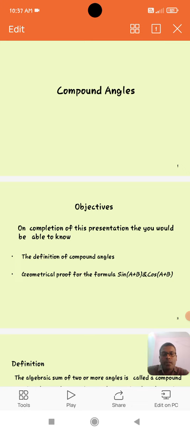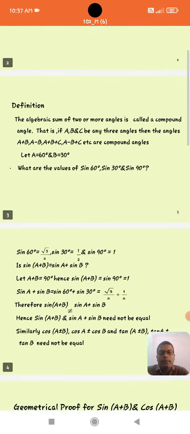Okay, and also the identities are there. Sin square theta plus cos square theta is equal to 1. Secant square theta minus tan square theta is equal to 1. Cosecant square theta minus cot square theta is equal to 1. And also we know that sine of minus theta is equal to minus sin theta, cos of minus theta is equal to cos theta, tan of minus theta is equal to minus tan theta. These are all basic identities available at 10th class level.